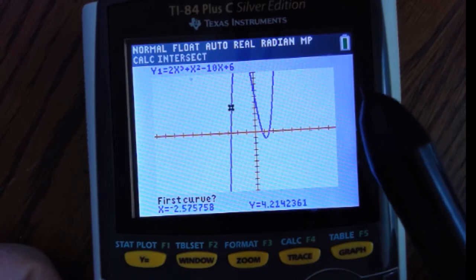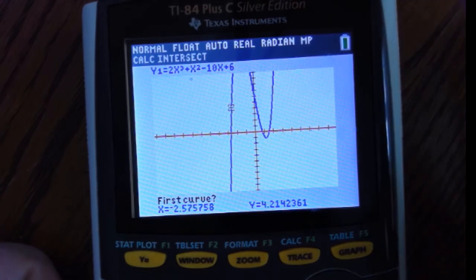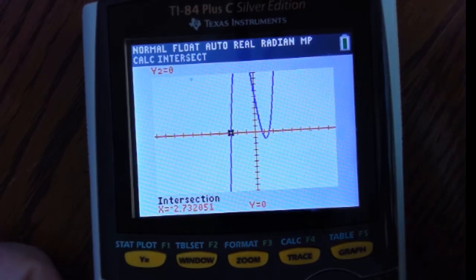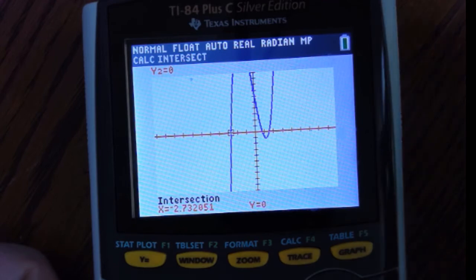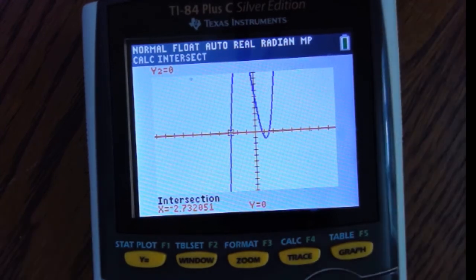What is that intersection? I'm not getting close to it, just leave it there, not that close, and enter again. In intersection, this one is -2.732. So that's my other one. Those are exactly the numbers for the points of intersection. So let's go back, and now we're going to plug these into the equation to see whether the statement is true or not,